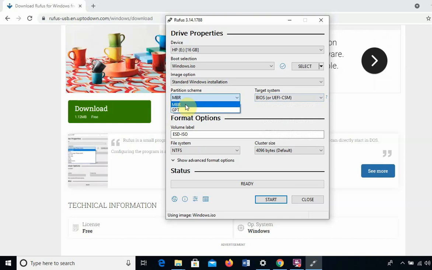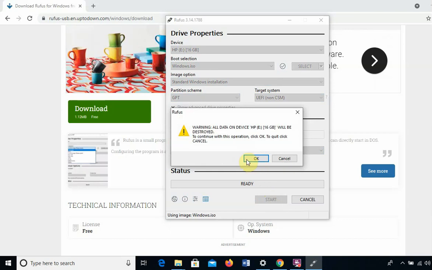Yes, so let's go with GPT. But the good thing, if you start to boot your computer and it asks you to make it MBR, you just come back and select the MBR. But today I want us to go with GPT to show you how you're going to do that. Then start. Okay,